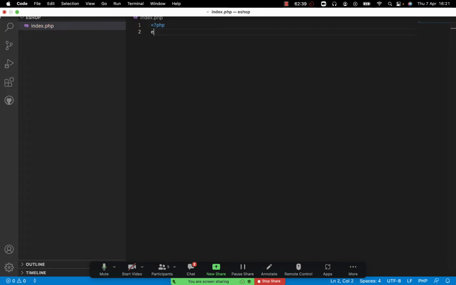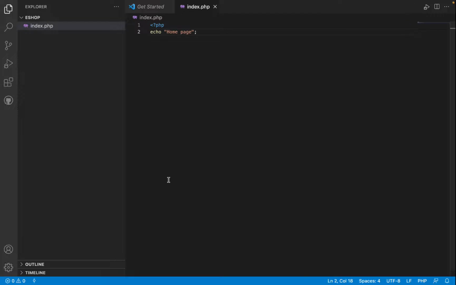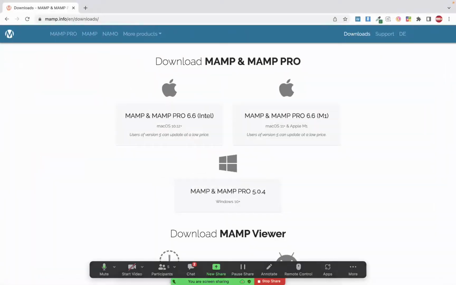Then after, I'm going to echo here and say home page, whatever. I save. Okay, so after saving, we are going to open this file and see if it really works in the browser. So I'll come to the browser, which is here, and then come to localhost